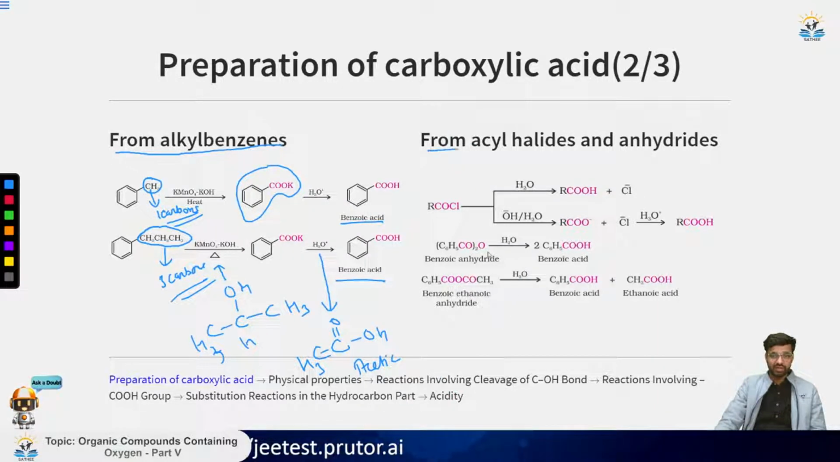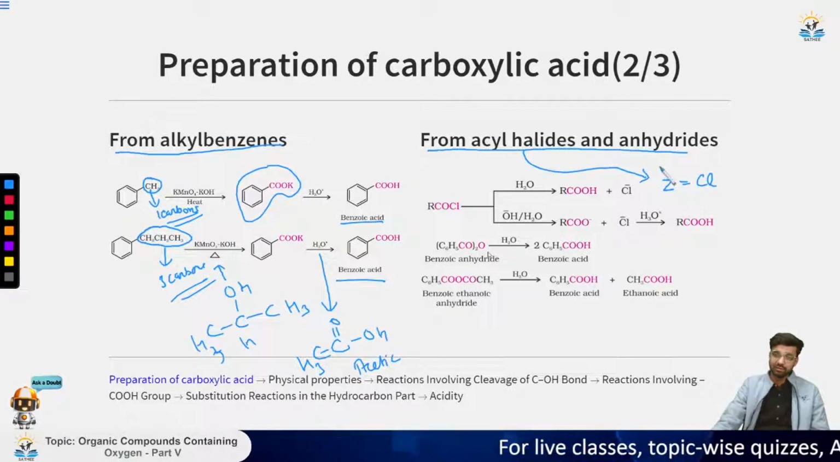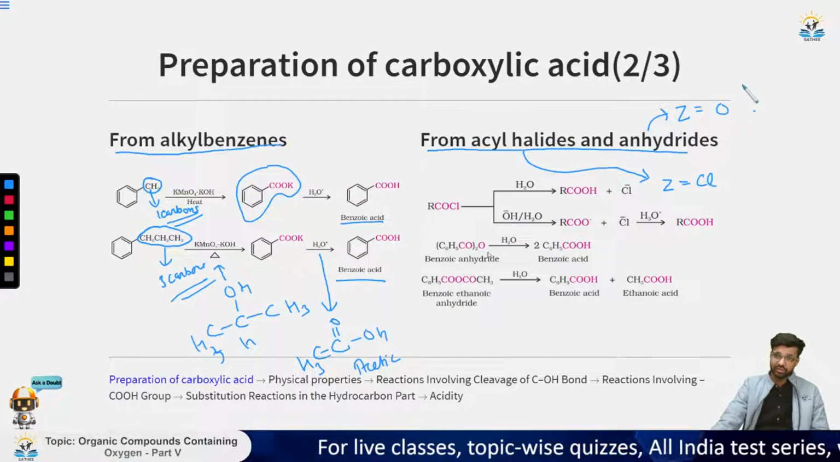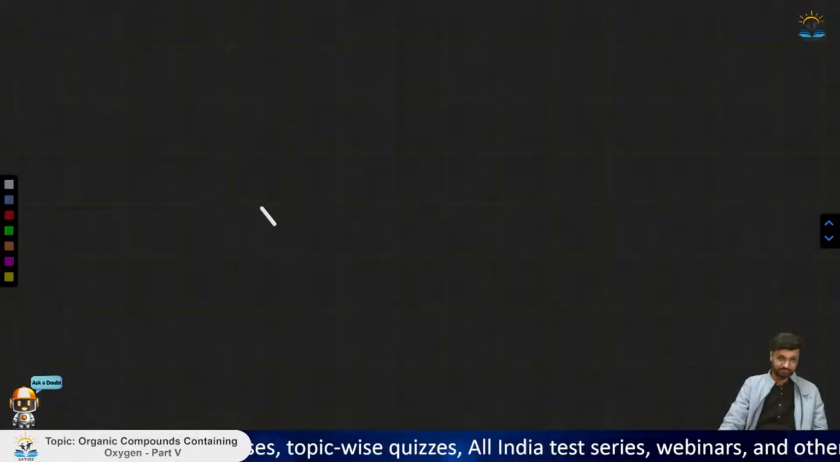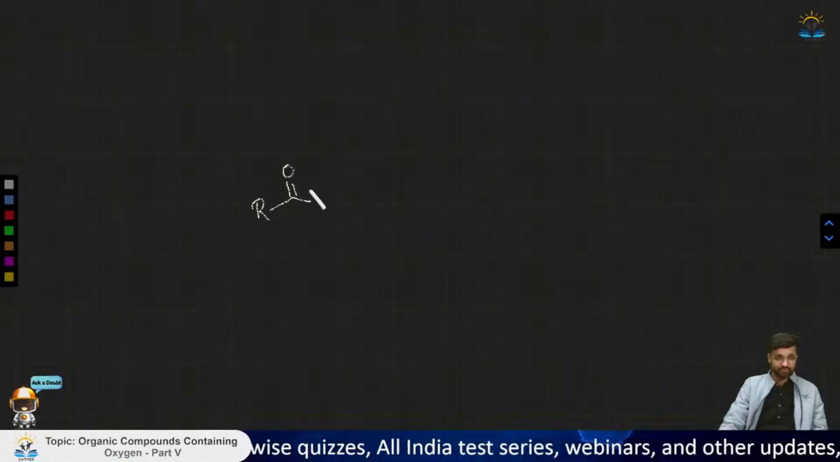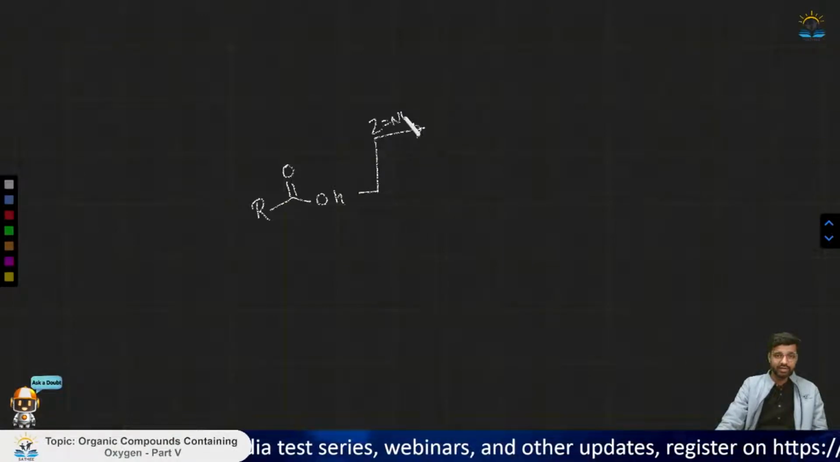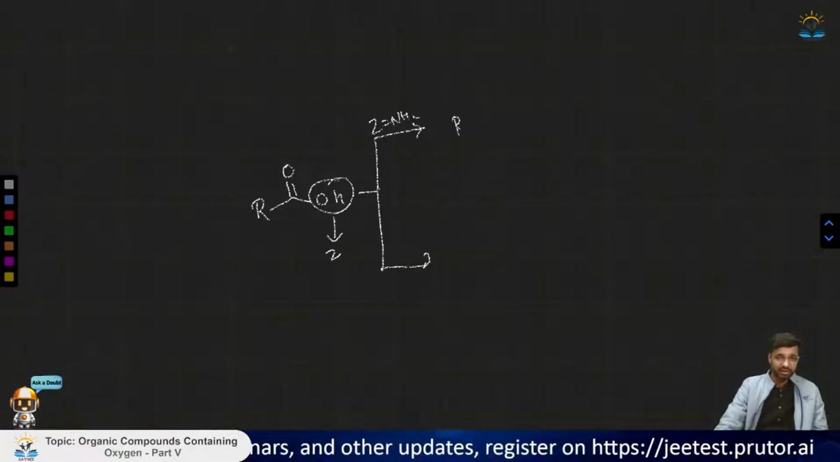Then next we had this from acyl halide and anhydride. There is another derivative of carboxylic acid which is called acyl chloride. This time we are using Z equal to Cl for the acyl halide, and for anhydride, Z is equal to OCOCH3. If you draw it literally, suppose this is the carboxylic acid. Now we have seen three derivatives. First is Z equal to NH2, in which OH is replaced by this group, then it is called amide,